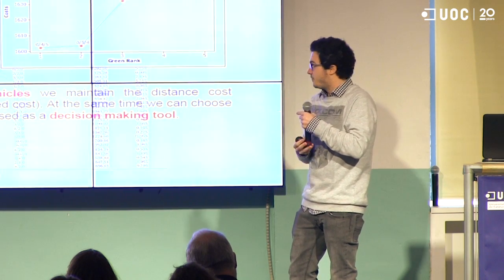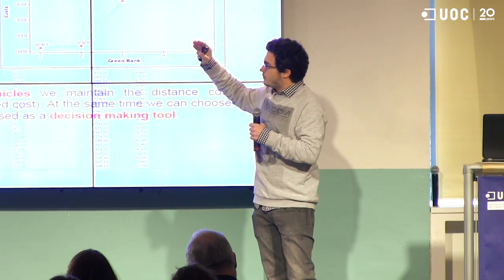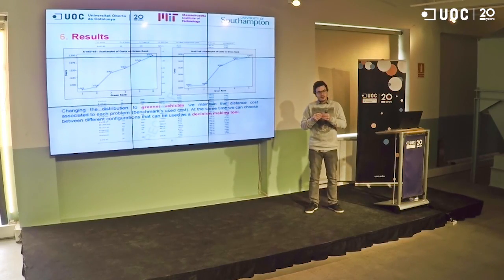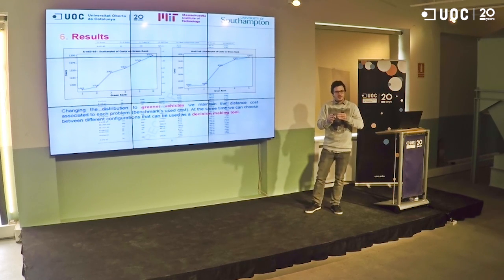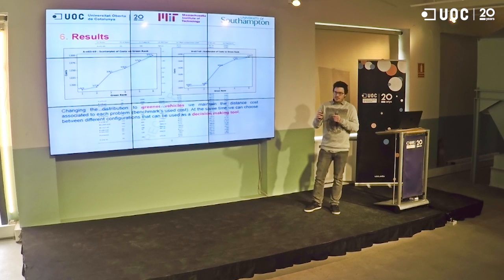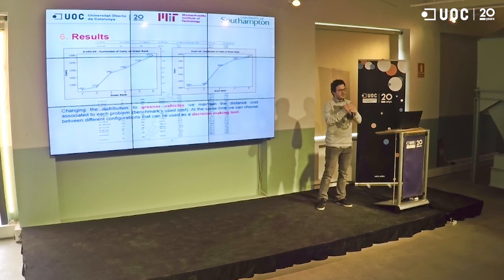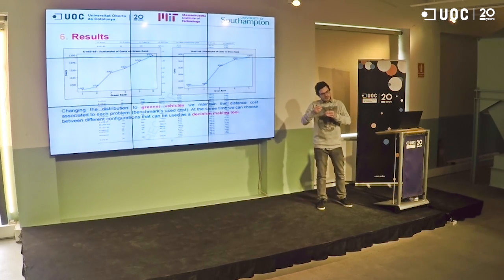environmentally friendly. But the interesting point is that the cost of using greener configurations doesn't increase that much. So we don't actually lose that much in distance costs between the benchmarks that don't use green configurations and us that use green configurations. So we think that this point is really important because we have this decision-making tool where you can choose different configurations and see, okay, I have this number of vehicles, should I use this configuration, how it affects the cost,